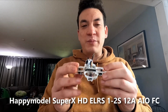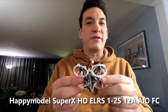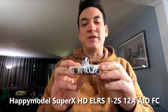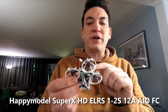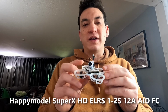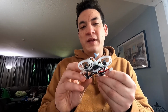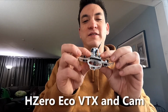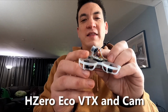and same with all the motor connections, so that makes for a little bit easier soldering, I think, than traditional top pads, but they are still pretty close together, so if you're soldering, it's not the easiest job on this new flight controller. Anyway, and then of course on top we've got the new HDZero Eco VTX, and then the